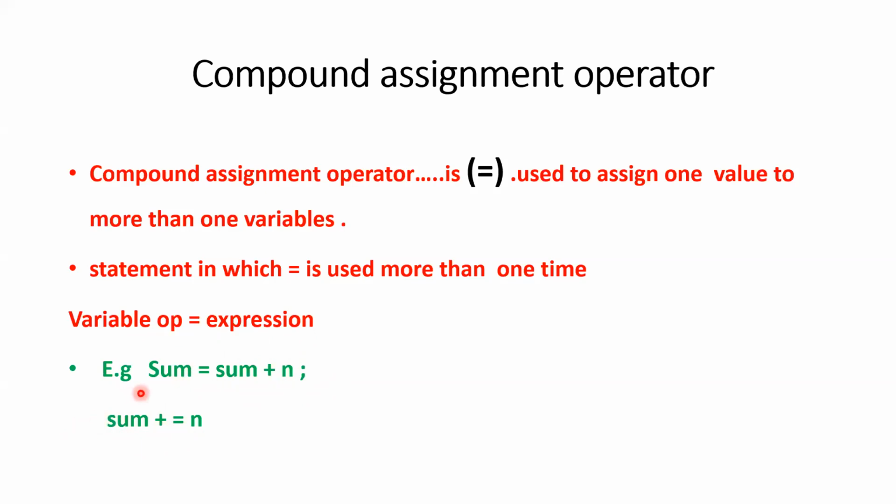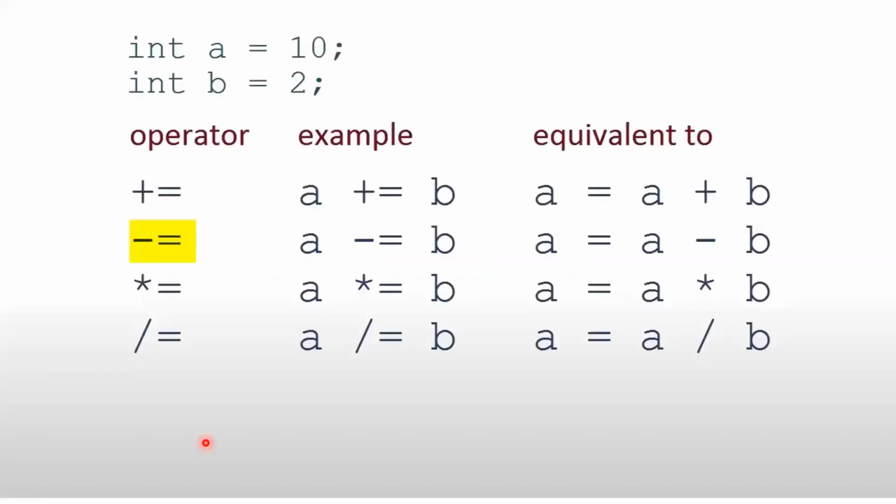Yeah, example. A correct example of the compound assignment operators. It will not be written like this. You will write sum plus is equal to n. Clear? Look at this example. Suppose integer a, integer b. The value of a is 10, but b is 2. In these conditions, the compound assignment operator is plus is equal to, example, a plus is equal to b, और ये किसके इक्विवेलेंट होगा? Equivalent to a is equal to a plus b. Means in these conditions a is repeated 2 times. Clear?